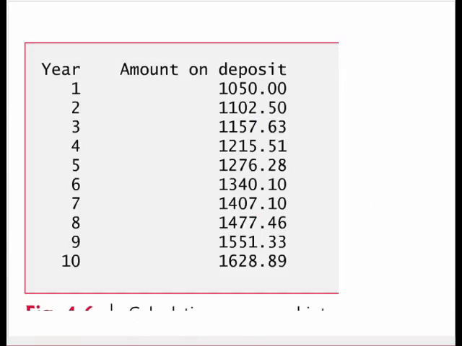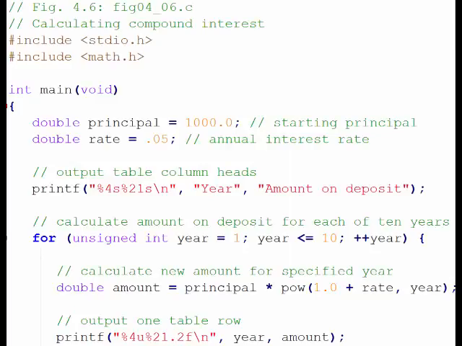Looking at what the format of the output of our program would look like, here was the header information that we printed with this statement right here. So it was %4s and then a %21s. So if I look at that,